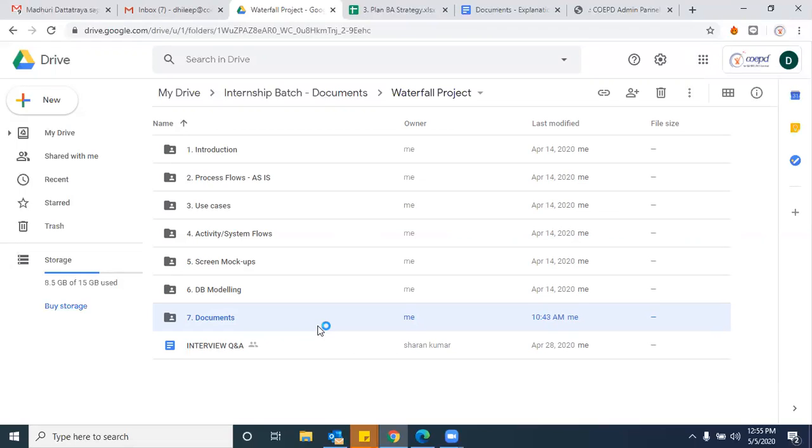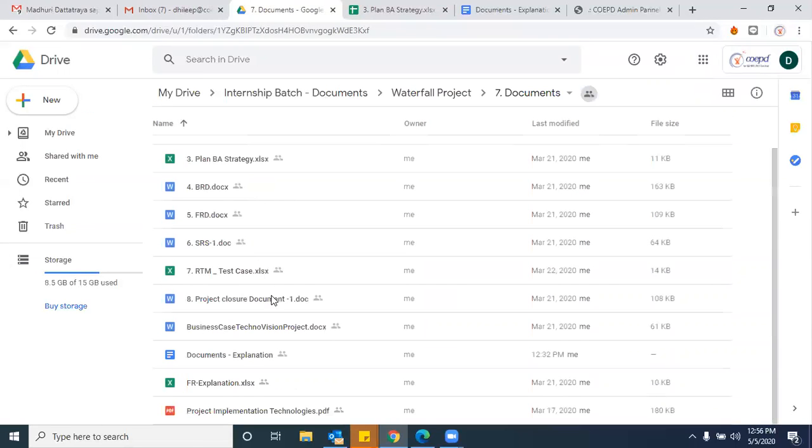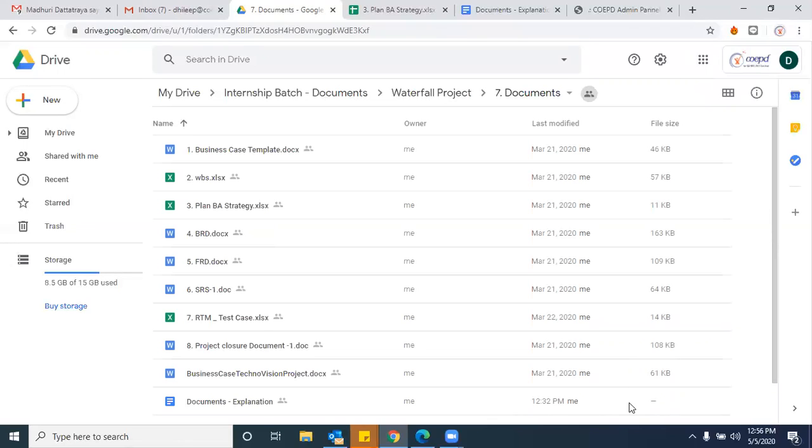I'll share with you, definitely. But once you have started preparing your documents, then only I'll share it. Until you start preparing the documents, I don't share it, to be fair, because I don't want you to copy the documents. Once you have prepared them, then I'll share with you for your understanding, by the end of this internship sessions possibly. Okay. See, Karthik, I'm sorry, Sharan, here I uploaded it, in the documents. In the documents, all these things are available, in Waterfall also.